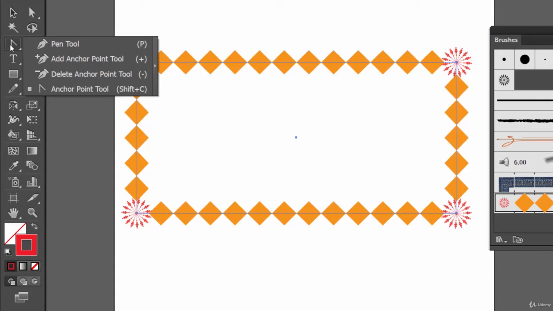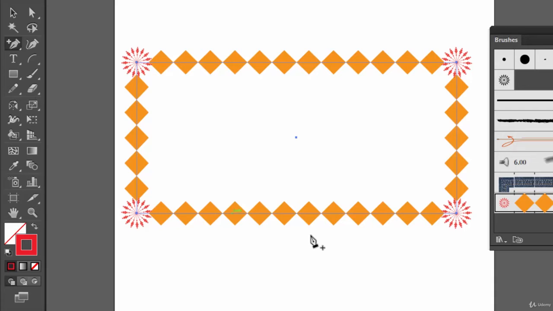Let's add anchor points. Click on add anchor point. See, this is the middle point, I guess, right? This is the middle point. See? So what we will do, we will cut, say, 2 diamonds from the middle point. So let's add an anchor point here, another point here, and another point here. And what we will do, select the direct selection tool, just select this point and delete it.